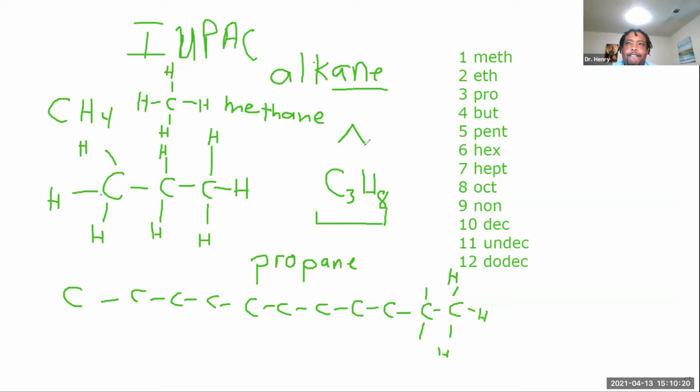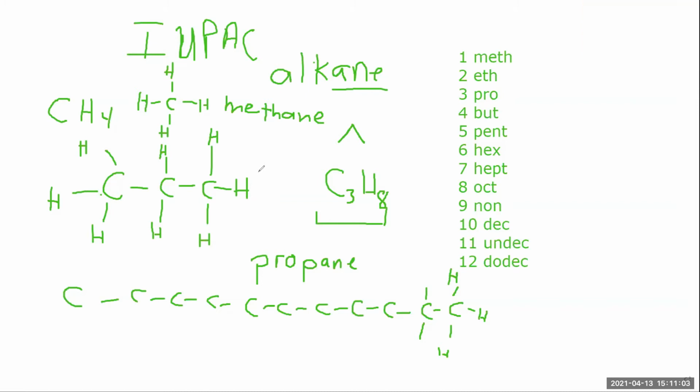How do we put the H's on them? Okay, but you don't. The H's are understood because it's a hydrocarbon, right? So all you're using are the points. So that's 1, 2, 3 carbons, and then they're saturated. So they hold as many hydrogens as they can hold. We know that every carbon can have 4 bonds, right? So if we take a look at this, 1, 2, 3, 4, that means that there's 3 hydrogens here. This guy has 2 hydrogens because there's 2 bonds with the C here. These guys have 3. And so by drawing the structure, we drew exactly the same thing. Look how fast I drew this compared to how long it's going to take me to draw this.